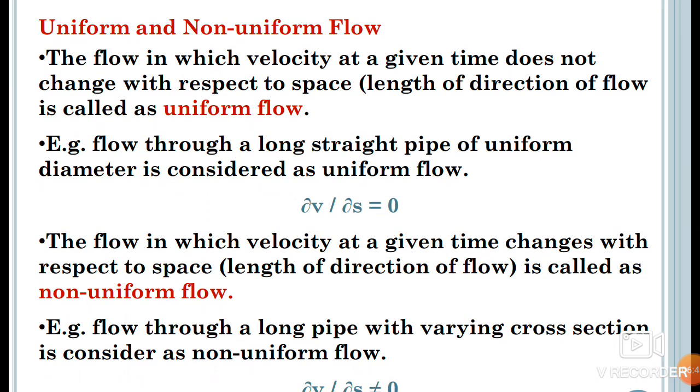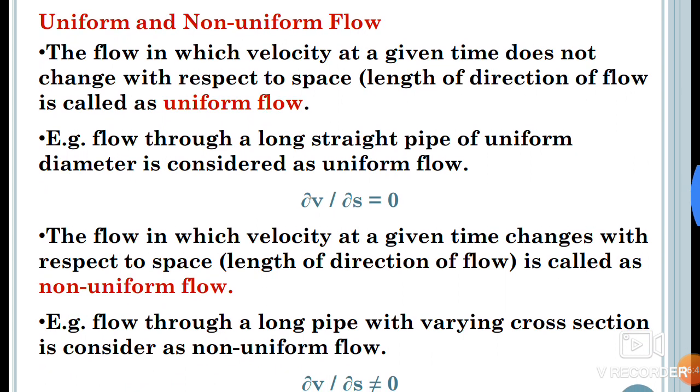Now uniform and non-uniform flow. This categorization is based on space. The flow in which velocity at a given time does not change with respect to space is known as uniform flow. You can just imagine an example of a small channel. The small channel has the same rectangular shape all through its length. When the fluid is flowing through that rectangular channel,